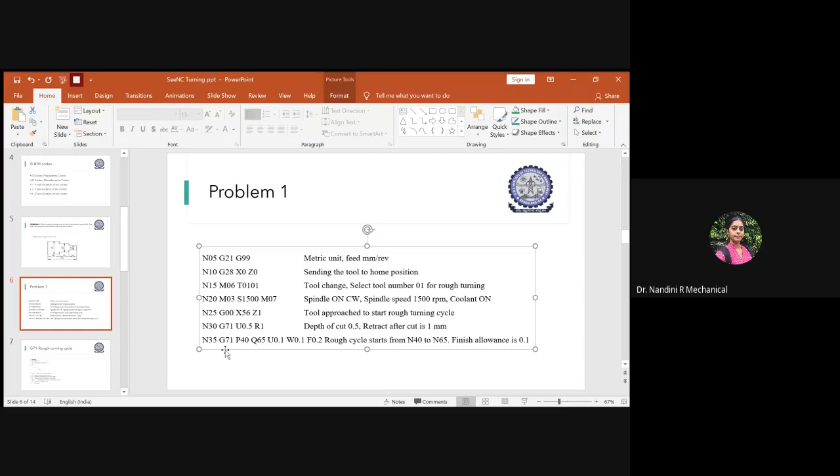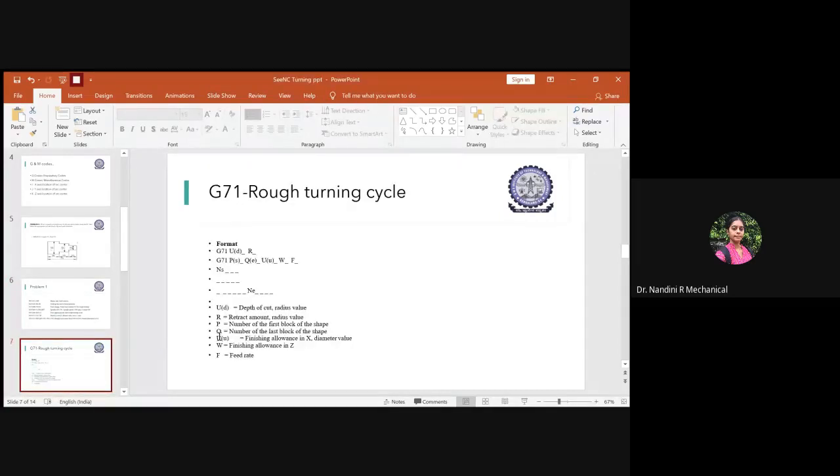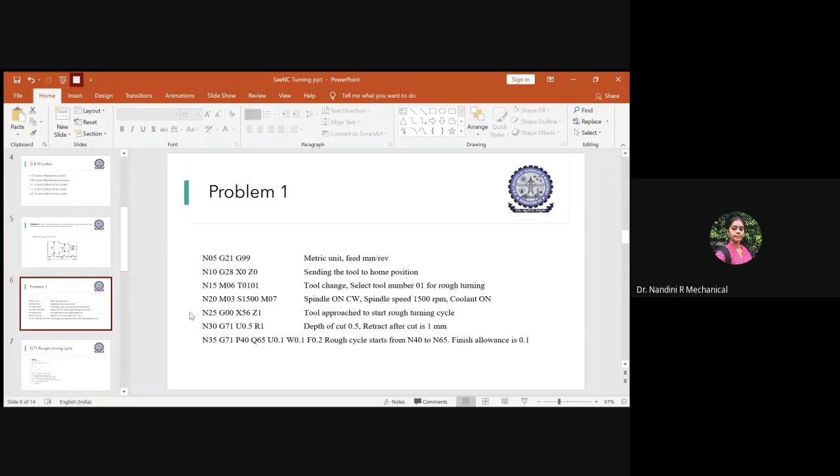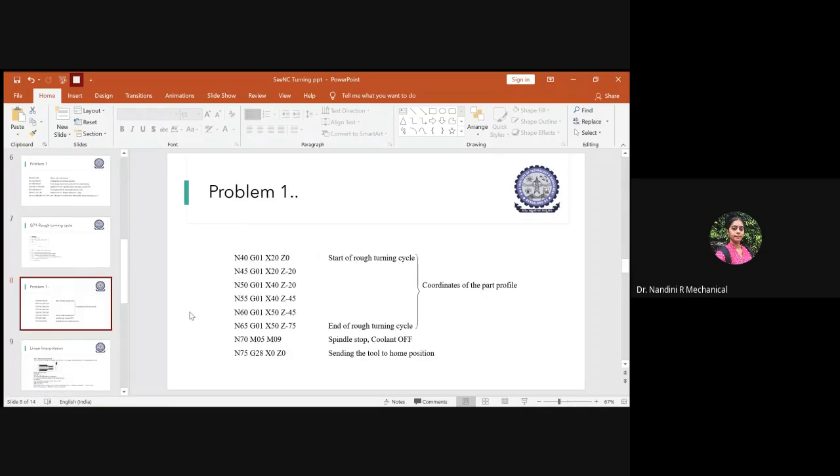So then you will start with G71, the rough turning. Then what does P stand for? I told you the P is the number of the first block of the shape. So from here we are starting the turning cycle. What is the number of the sequence from which you are turning the cycle?